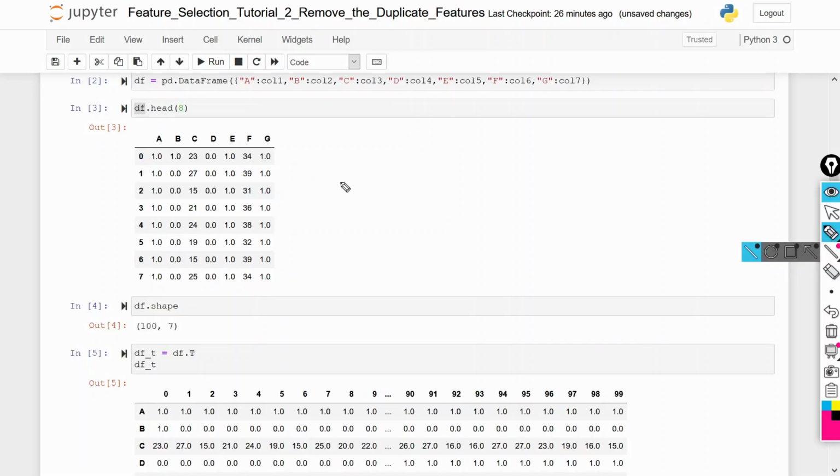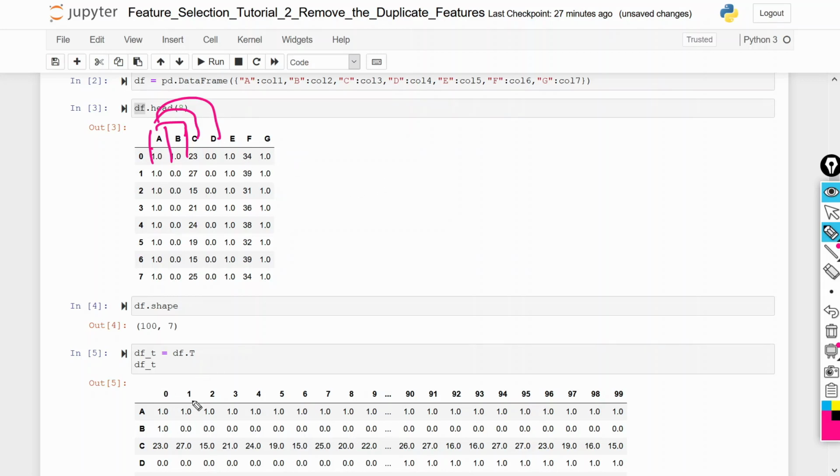So why did we do the transpose? Because we have to verify whether feature A is equal to B, or feature A is equal to C, or feature A is equal to any feature. So how can we do that? We have to verify each complete feature, A to B, A to C or A to D. We can do that by using the transpose.